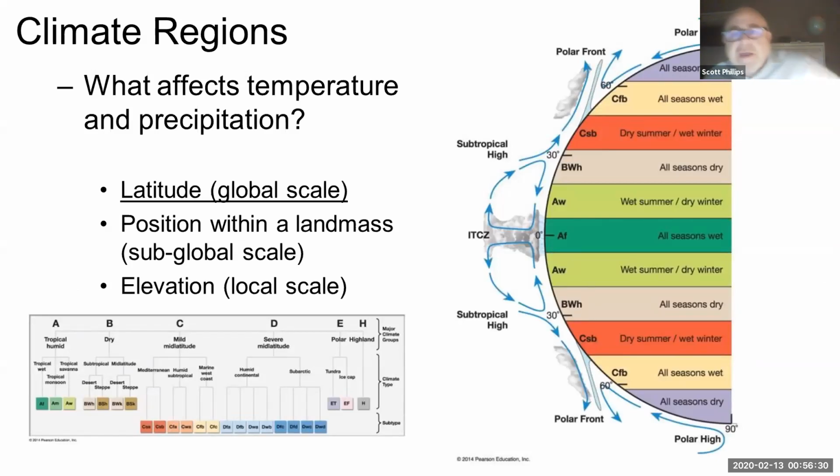So just to recap a couple of things, we've talked about what affects temperature and precipitation. And we have sort of 3 different levels. We have latitude. Latitude, how far you are north or south of the equator, is a global scale pattern. And if you look at these climate categories, they generally run from the A categories at the equator up to the E categories near the poles. So from the tropical warm climates up to the extremely cold climates. However, it's not quite that simple, because